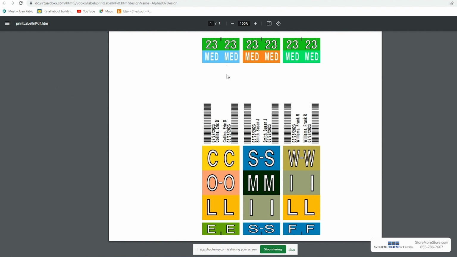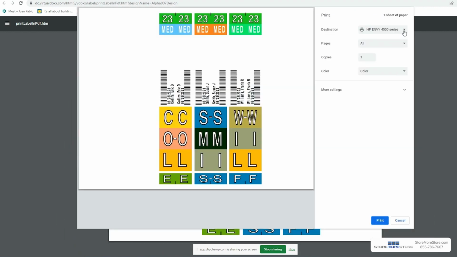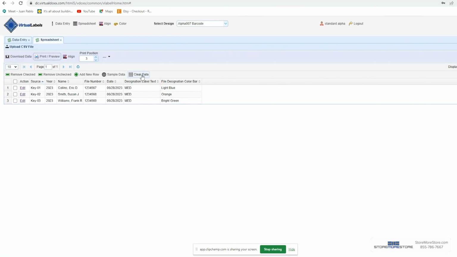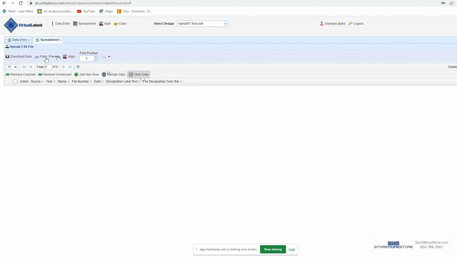You can see that these are the 3 labels that we entered. We are starting in position 3. The colors and data and text can be verified. And then here again, we click print. We can select the printer from the drop-down list of printers that the computer has access to, and we click print, and the label will print. So printing a batch of labels is quite simple, as is entering data for a single label and printing a single label. So now we'll go back to the software,